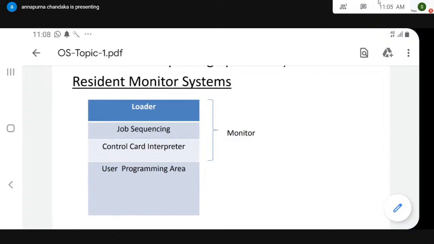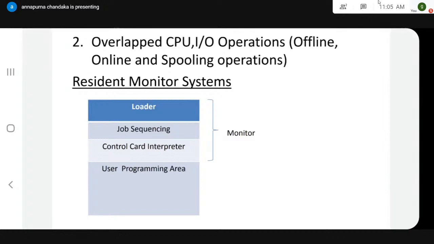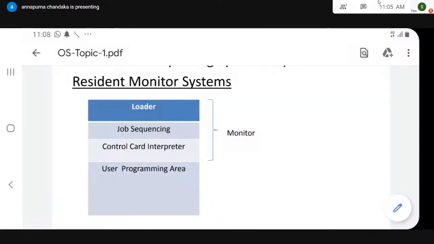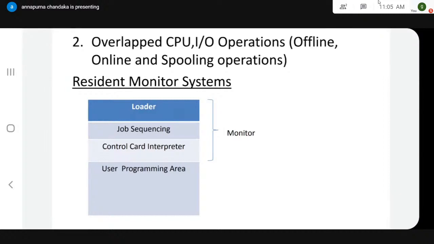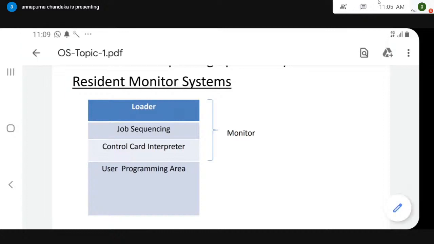After writing, all users submitted their programs to the operator. In the evening, the operator picks them up. Let us take user 1 a C program, user 2 a Fortran program, user 3 a C++ program, user 4 a C program, user 5 Fortran. Suppose the first program, user 1, is Fortran. To run a Fortran program, he first has to load the Fortran compiler tape, run the compiler, unload the compiler, load the assembler, run the assembler, unload the assembler, load your program, run the program. These are the 8 steps.